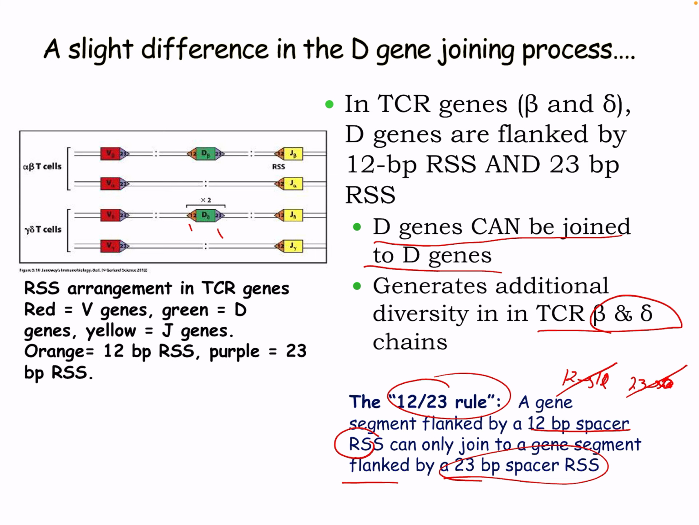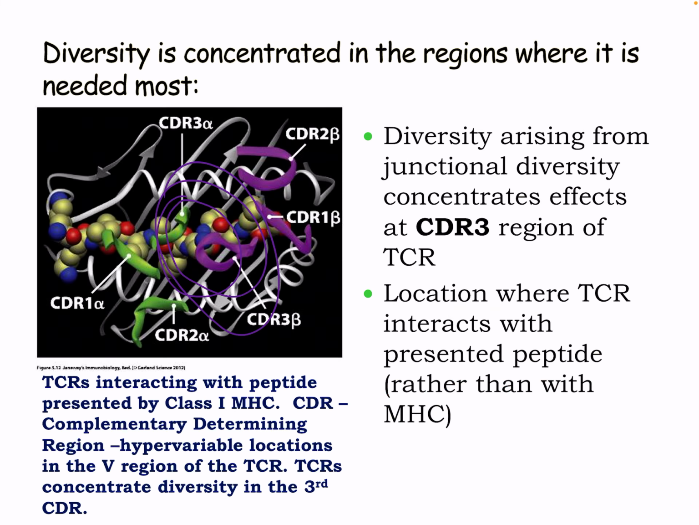These will not happen. It must follow the 12-23 rule. Similar to B cells, the diversity is concentrated in the areas needed most. So in the B cell, we saw that in the binding groove. That's where the greatest diversity occurred. So diversity arising from junctional diversity concentrates effects at the CDR3, the complementary determining region, as we can see here,